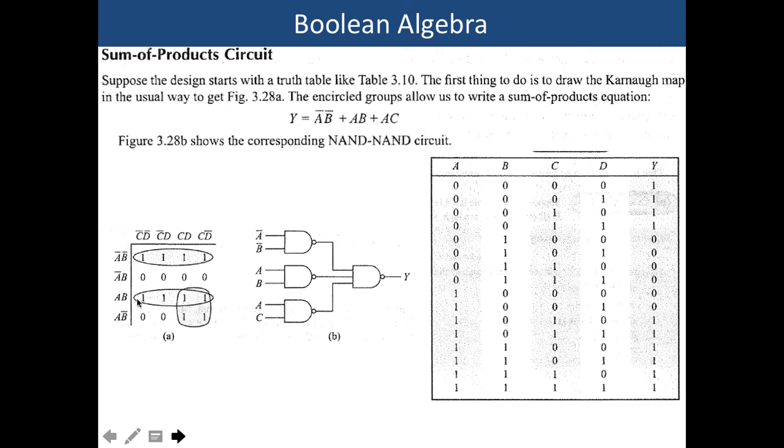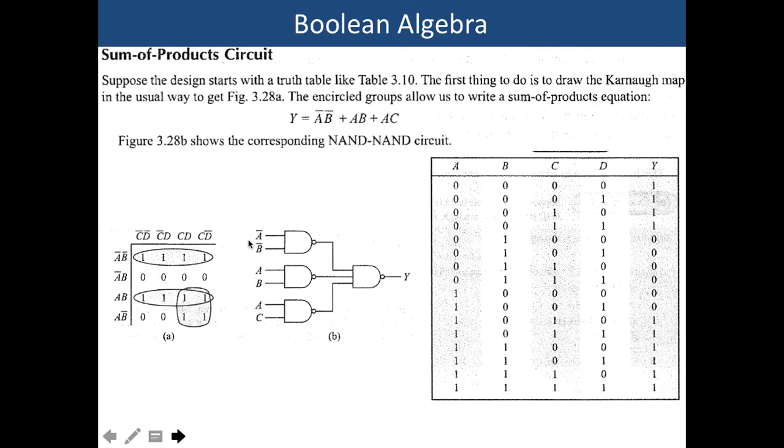plus another group here, A B, plus another group, this square. So here A is common, so A, and here C is common, so C, plus AC. From this K-map we can write the equation AB bar plus AB plus AC,